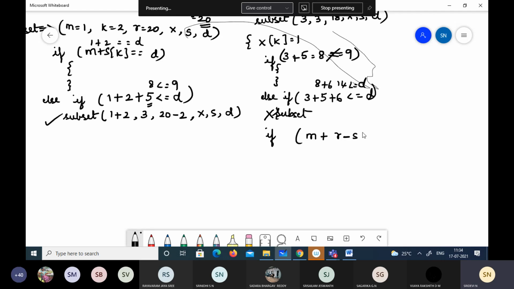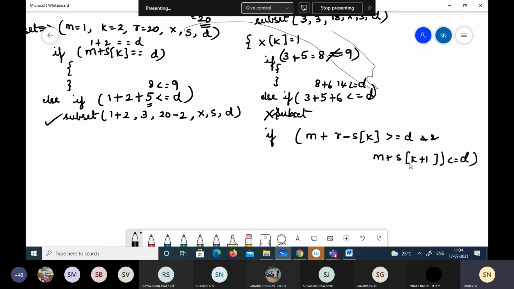So for that I have this s of k, if it is greater than or equal to d, and m plus s of k plus 1. What I am doing here is checking whether, removing this number and adding the next, we are giving that a third element.